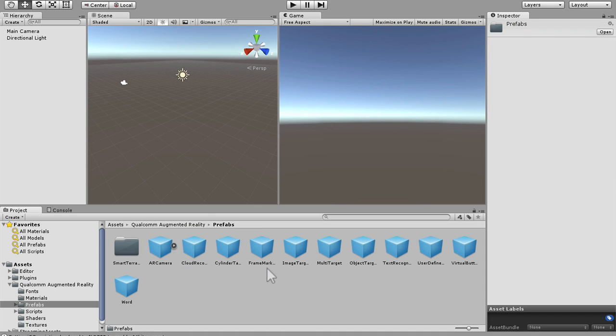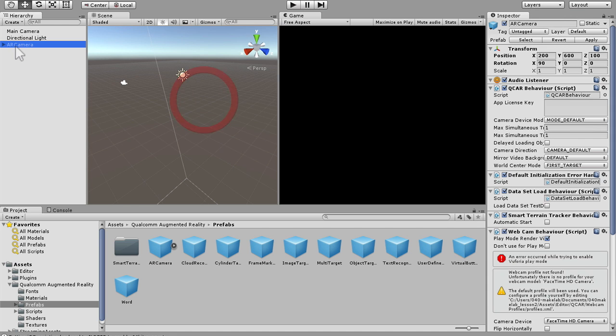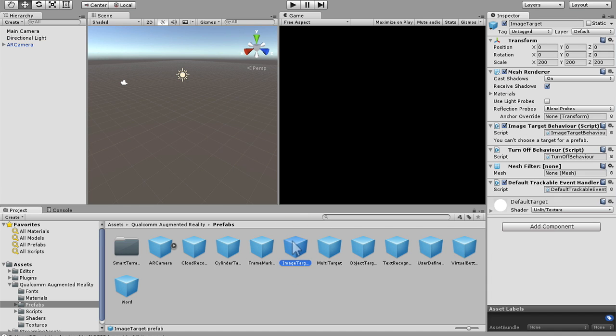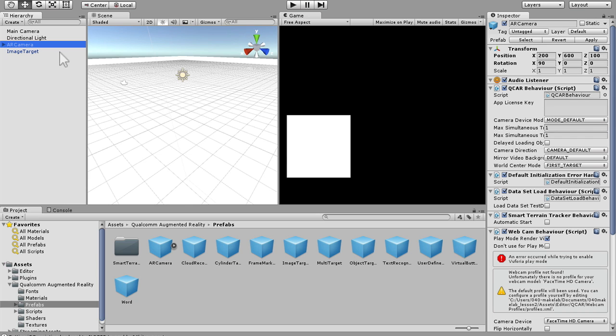I'll double click prefabs. You need two things in the scene. One of them is the AR camera. You can either drag it in the scene here or in this hierarchy here. And you need an image target. You can also put it inside there. And when you do that, if you've got the AR camera,